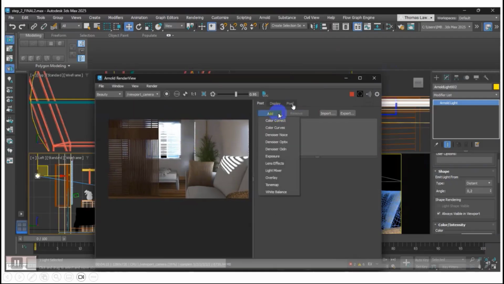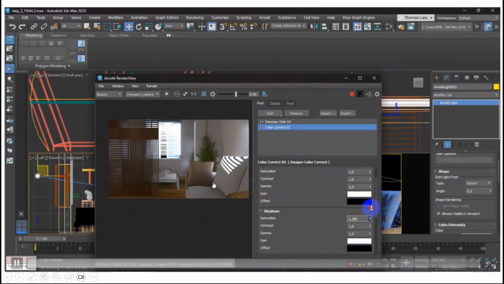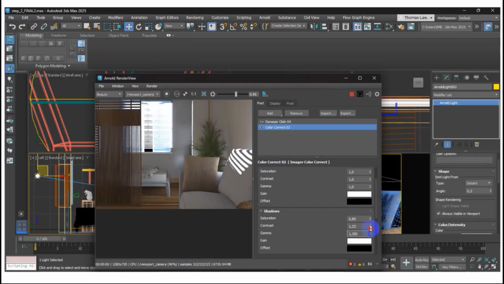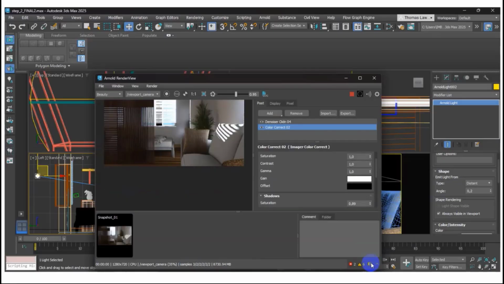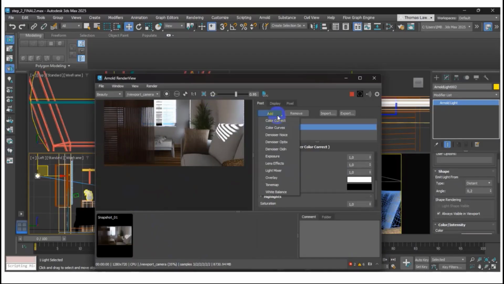This is the Arnold light, where you can see light coming through the window blinds. When you see the shadow ambience around the chair area, you can see the depth of the shadow, and there are even color corrections. I think most of you using 3ds Max put the final image into Photoshop to adjust the brightness and light. Right now Arnold has its own color corrections, so you can adjust the saturation, the contrast, the gamma, and the offsets of your color.